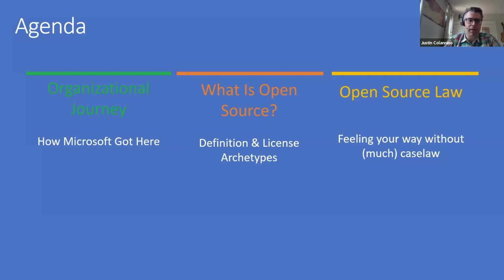And then we'll really get our hands dirty with the legal aspects of open source. First, with a quick overview of the different licenses and archetypes, and then examples of what we need to think about if you're a lawyer in this space. How do you confront the issues when there are a bunch of licenses that have community practice around them and there's very little case law interpreting those things and their ambiguities? How do you get comfortable with those?